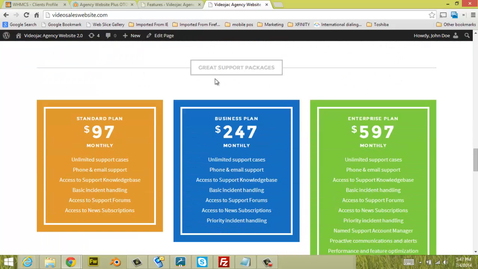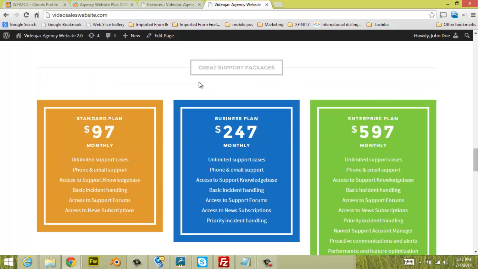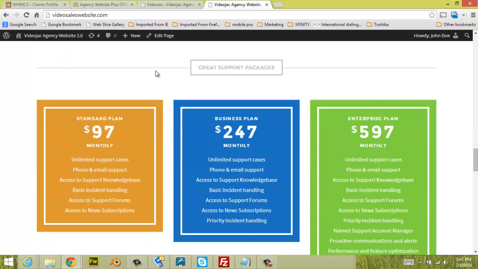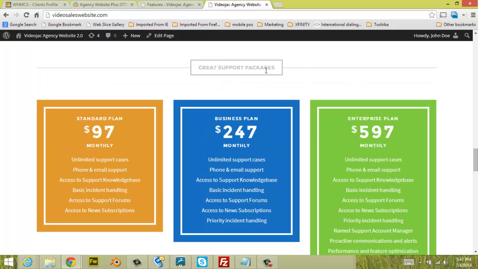Next section here, next widget, is the great support packages. This can be used as a pricing table, or you can just use it as a display. In this case, we chose to use it as a display to just display our prices. When they are ordering in the services area, the support package product is actually there, so they can actually pick the prices there. Anyway, so this section here, you can change the text, or if you want to keep this section,